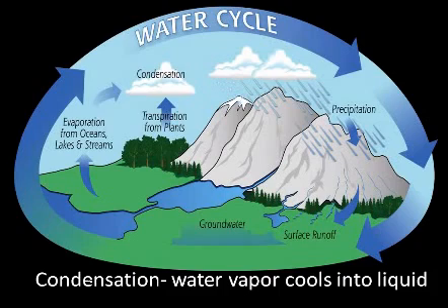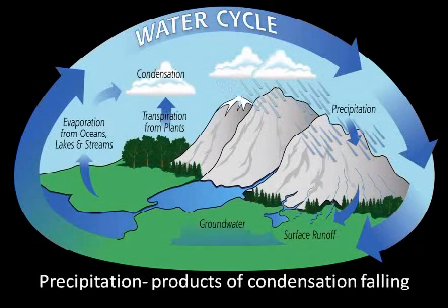Once in the atmosphere, the water vapor will cool down back into water droplets. We call that condensation, and that's how we have clouds. From those clouds we get precipitation, which is just wet stuff falling from the sky, basically. Rain, snow, sleet, hail is all precipitation. That's all how water returns to the earth from the atmosphere.